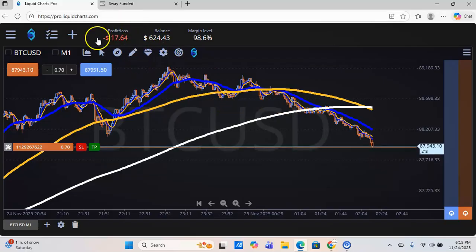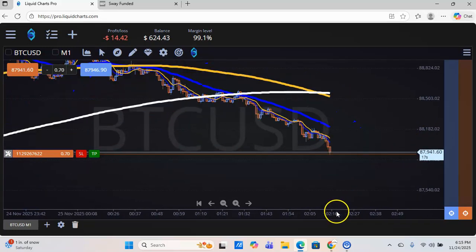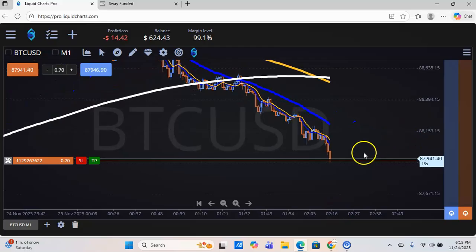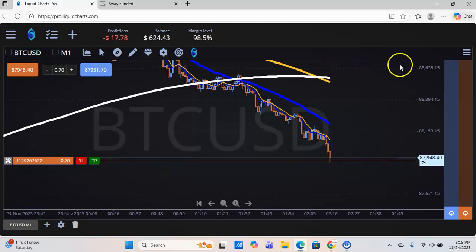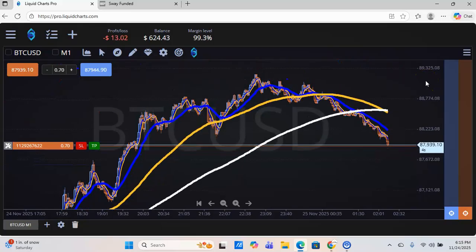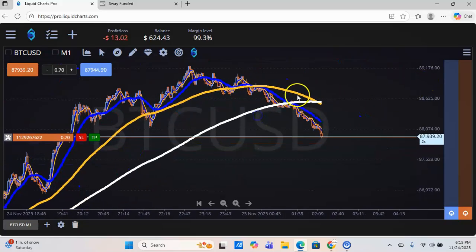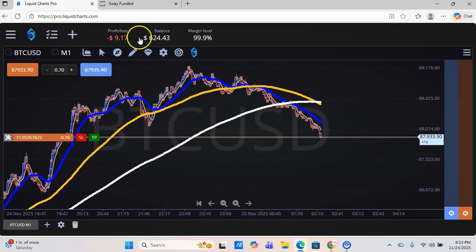It's fluctuating up a little bit, but it's really going down. You can see it's going down. Remember what the other videos taught you? When this moving average is underneath this other moving average right here, the price goes down. You feel me? Yeah, it's that simple, y'all. You know what I'm saying? So look, the price is going down. And when I say going down, that means it's just going into profit mode, okay?